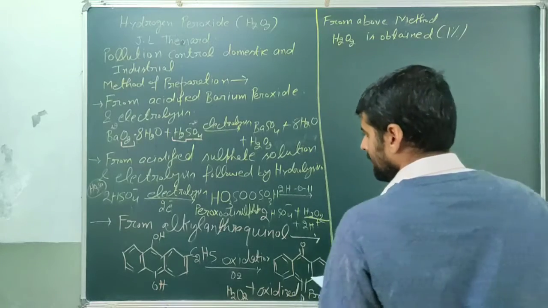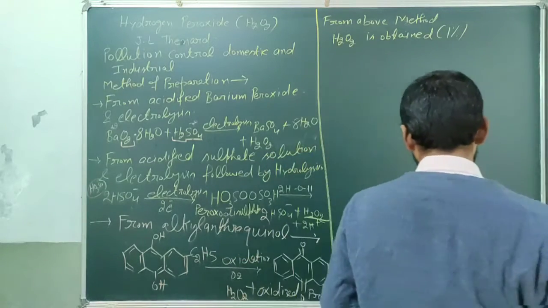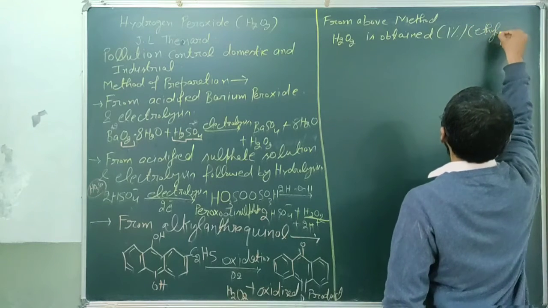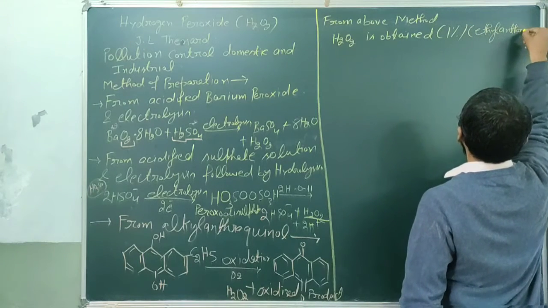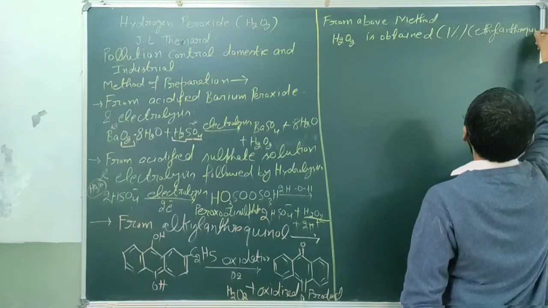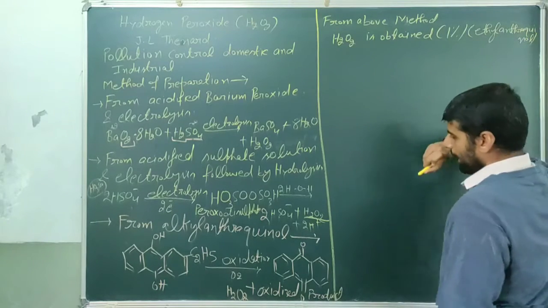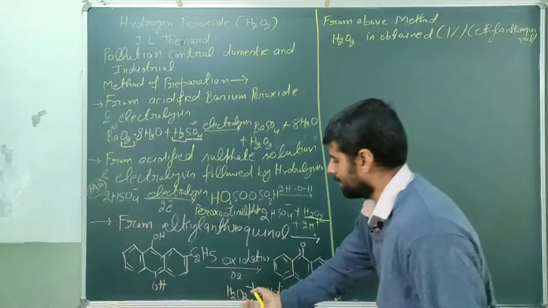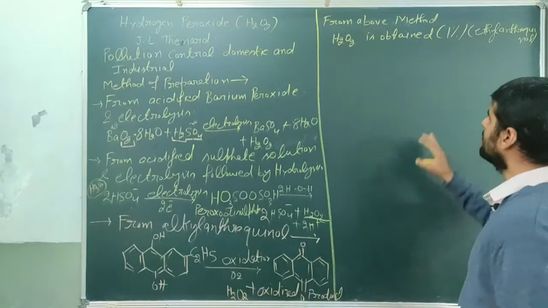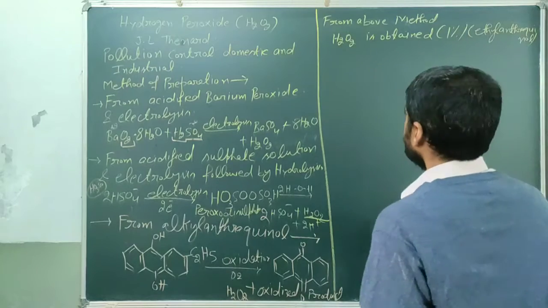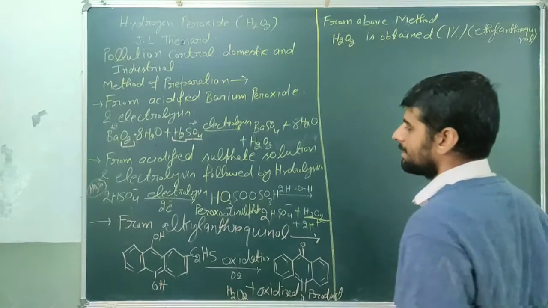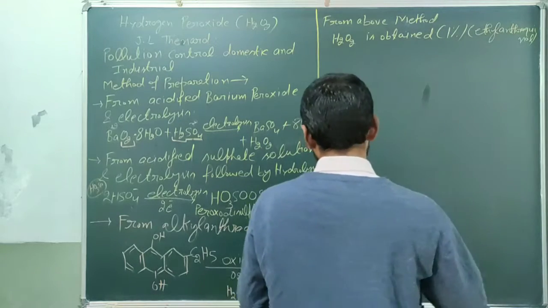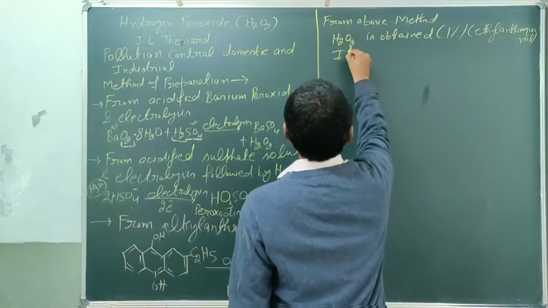It is alkyl anthraquinone, and I can also write it as ethyl anthraquinone. Because we have used ethyl anthraquinone, and by oxidation we have produced H2O2, that is the 1% we will use. If you want to increase the concentration, if you want to increase the percentage of H2O2, then it is further extracted